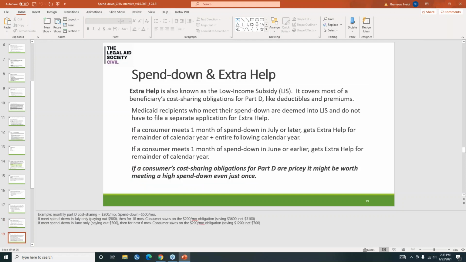Okay. So I'm going to talk about spend down and how it can interact with Extra Help. Extra Help, which you all may have already been trained on this week, I'm not sure, is also known as the Low Income Subsidy, or LIS, and it covers most of the beneficiaries' Part D cost sharing.